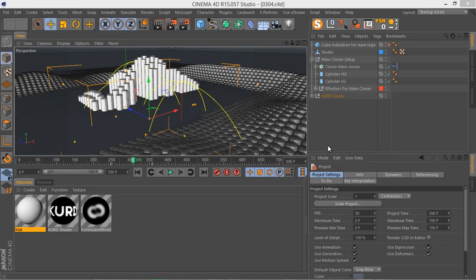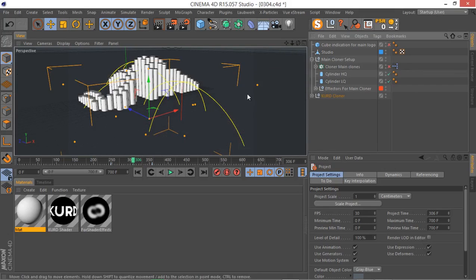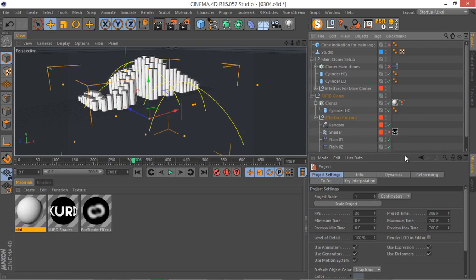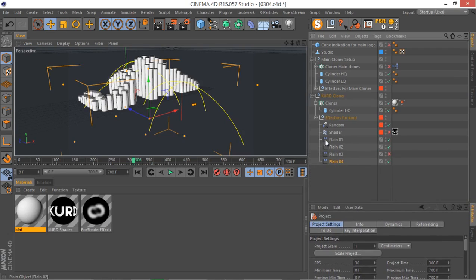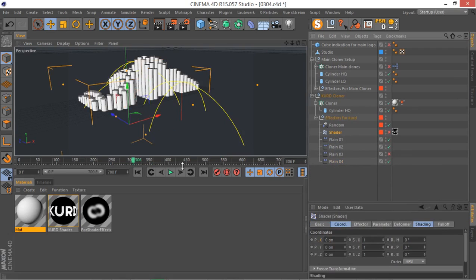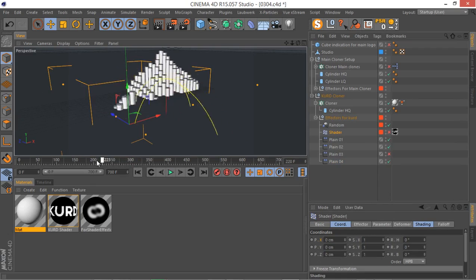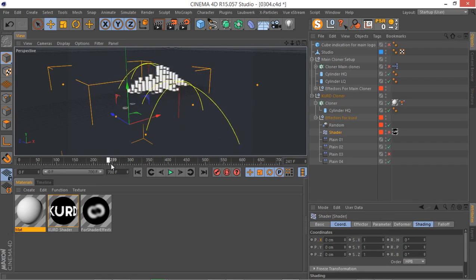Okay, folks, welcome back. Let's work on our shader effector. First thing I'm going to do is disable this main cloner here. And it's time to work with our main cloner and shader effector. The first thing I want to decide is where my shader effector is going to start and finally reveal our